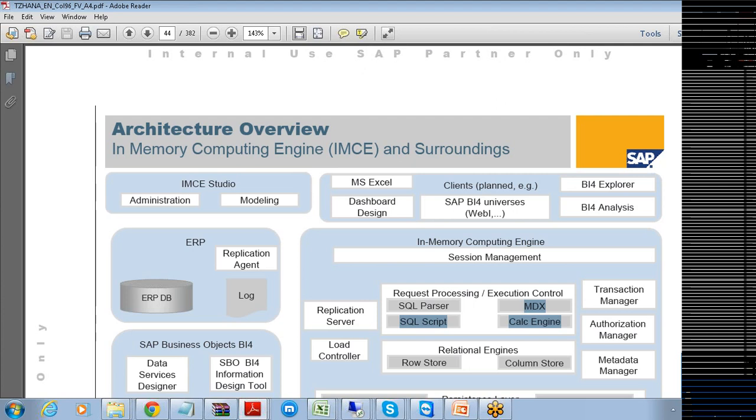So pretty much everything from Universes is an MDX query, not SQL. HANA gets the request from a Universe in the form of an MDX query, not through SQL. See, if you put your queries on the attribute views, Business Objects will generate SQL.